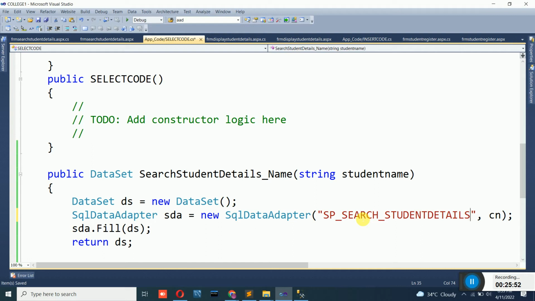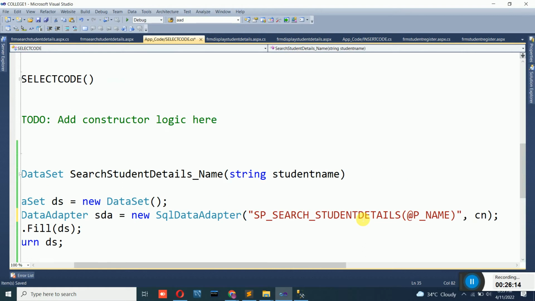So open bracket, close bracket. Here you have to create one procedure. You have to create one procedure in MS SQL also in this case. There you have to pass the name. So what I will do is at p underscore name equal to, the name should be taken from whatever is written here in this case. How do we take this? Very simple, you have to put